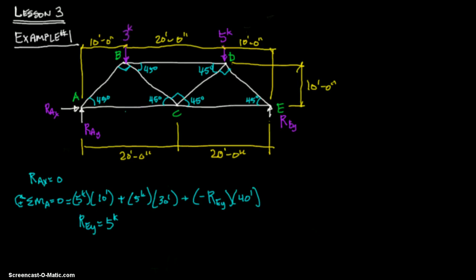But it's the same type of thing. You're going to have 0. We need to go back down here, change this to 3 kips, and we'll get this again. Sorry about this mistake. But it's easily fixable. All right, so let's do the math again. 3 times 10 plus 5 times 30 divided by 40 equals 4.5 kips. 4.5 kips. And then we want to sum the forces in the y direction, and that's going to be equal